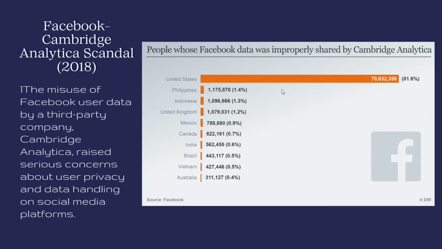Now, Kogan was able to collect data on millions of Facebook users without their consent. He did this by exploiting a loophole in Facebook's privacy policies. Cambridge Analytica then used the data collected by Kogan to create voter profiles. The company used these profiles to target political ads to a specific group of voters. It is alleged that Cambridge Analytica used the data to help Donald Trump campaign win the 2016